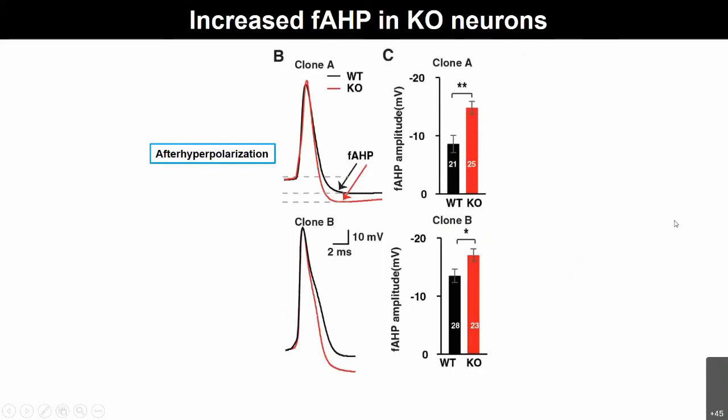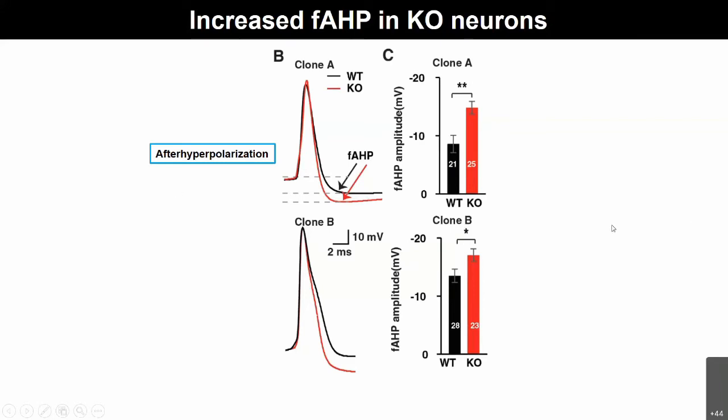To be sure this is not a line-specific thing: I mentioned that the first knockout clone was generated in H9. We just want to be sure that we can do that in another pair, right? So we chose H1, and this is what we call clone B. In both cases, fortunately, we are able to reproduce the phenotype.